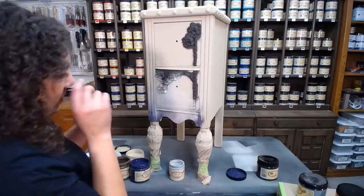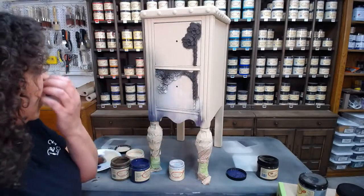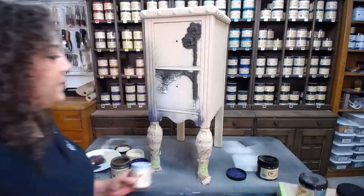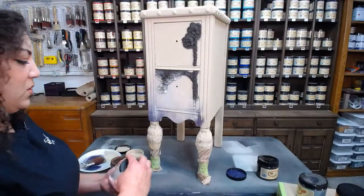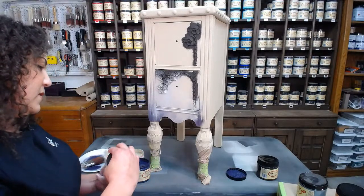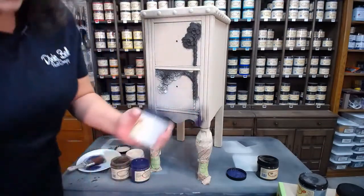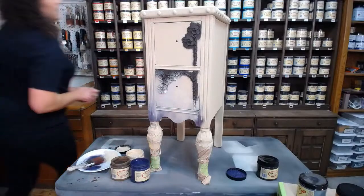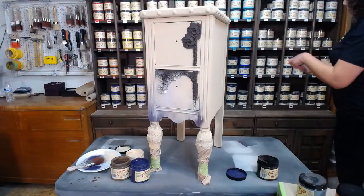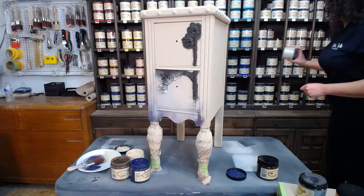So I'm going to check your comments in just a sec. But let me just tell you, I've gotten this far. Okay, I'm looking at it now, and I don't love the driftwood. It's kind of taken on a bit of a blue, purpley hue, partially because I've been using the same brush, and also because with the aubergine, it's going to pull out any kind of blue tone that's in the paint. Grays are one of those colors that play off of the surrounding color. So with that said,